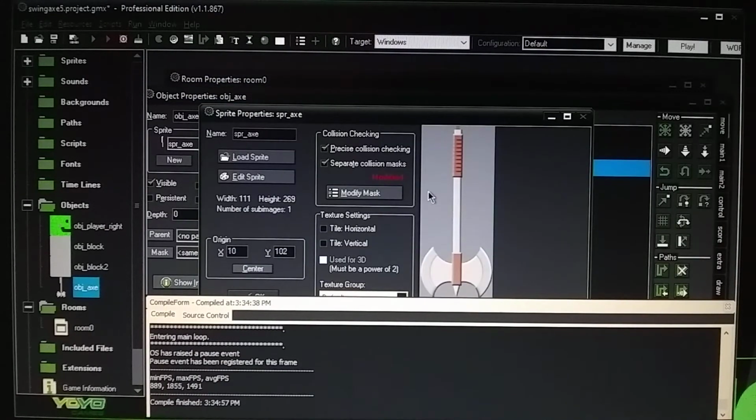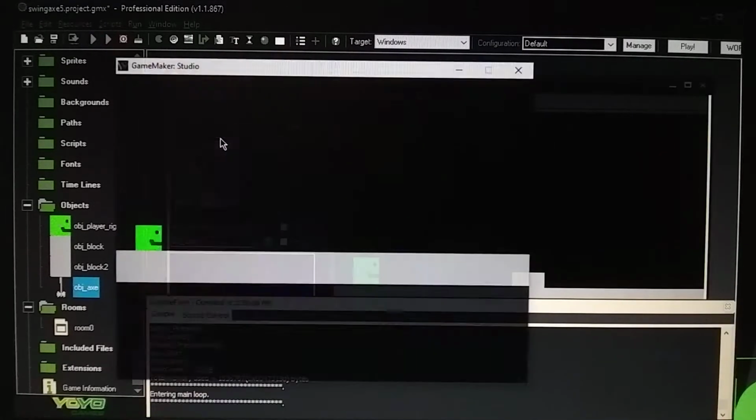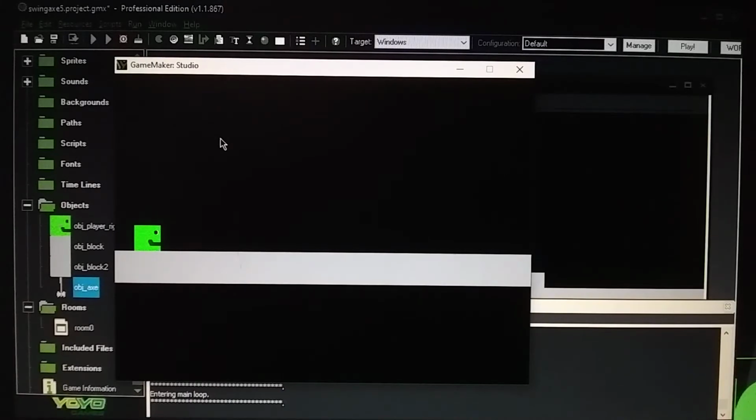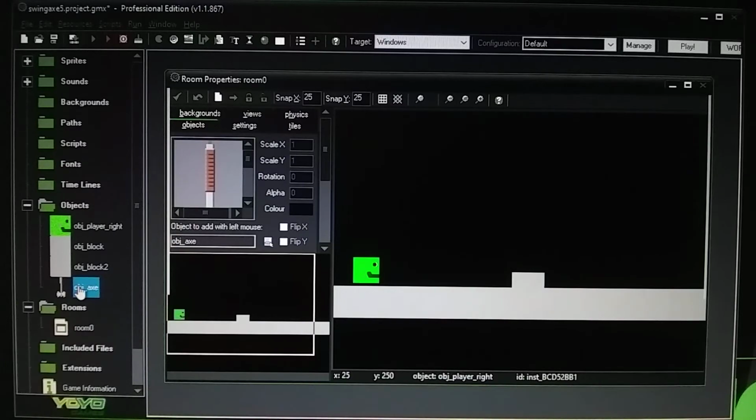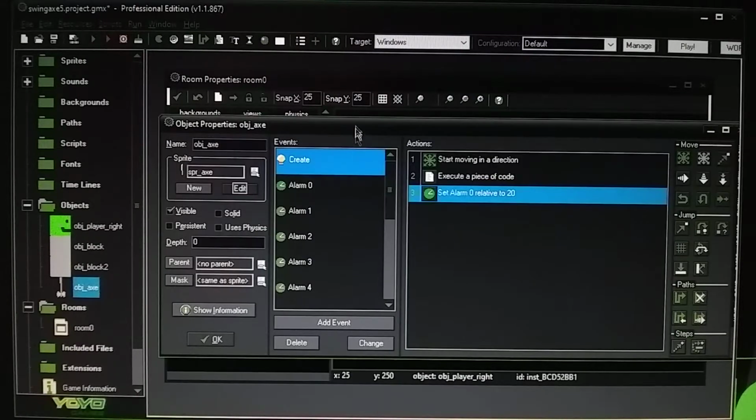Or if you put it right here, it's really going to be off. See, it doesn't look like it rotates right, because the crosshair is in the wrong spot. So make sure you put it in the right spot. So I would put it way up the top here, and I think it was at 53 on X, Y is at 0. Alright, so what you do is you make a create event, then in your code sheet,